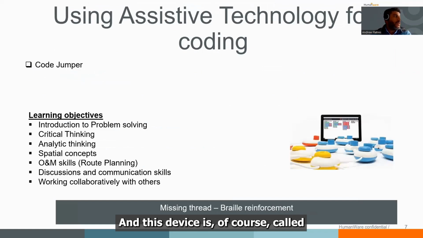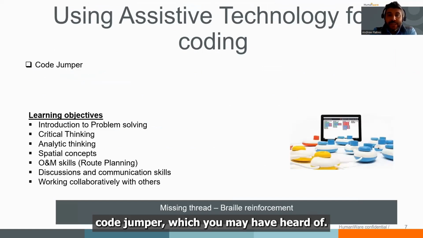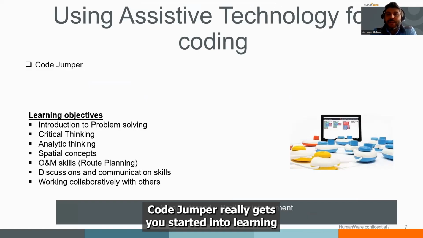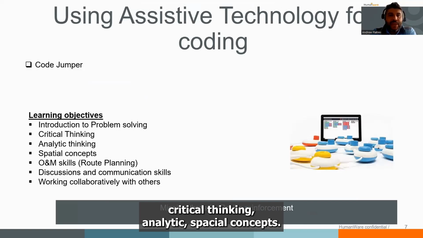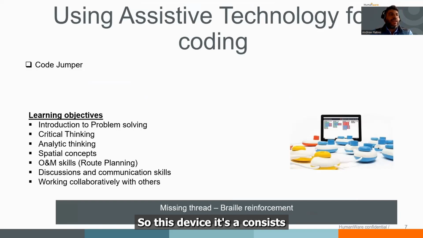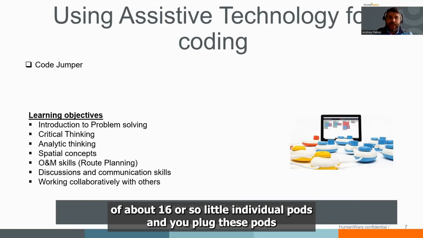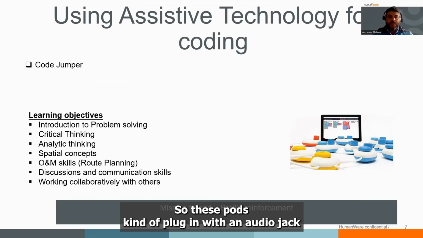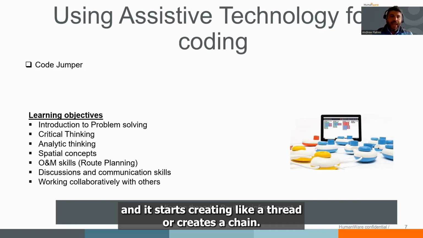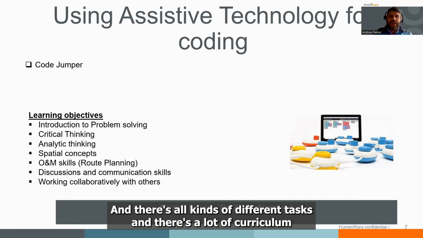And this device is called CodeJumper, which you may have heard of. CodeJumper really gets you started into learning some of those principles of coding. It's a great tool to start off. It introduces problem solving, critical thinking, analytic, spatial concepts. So this device consists of about 16 or so little individual pods, and you plug these pods into this main device. So these pods plug in with an audio jack, and it starts creating a thread, or creates a chain. And there's all kinds of different tasks, and there's a lot of curriculum